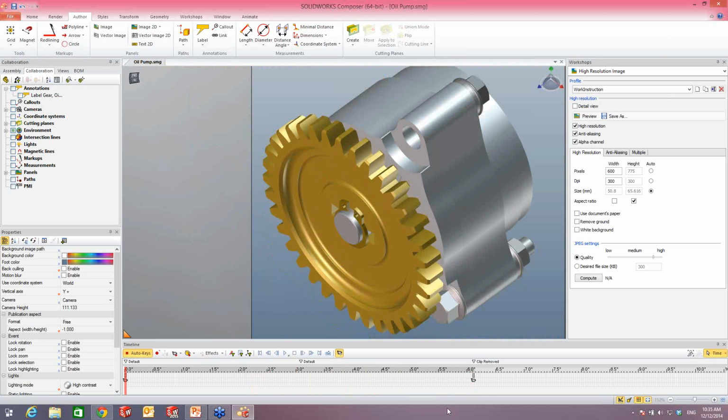Nothing too exciting. If I was to go ahead and just delete all the keys off of here, I can show you very, very quickly. I think maybe your question is, how do you create animations using Composer? If we're just doing a camera orientation, we can use camera keys. Again, on the animation toolbar, set key captures the current. Yes, we set the keys to capture cameras, capture actor properties,